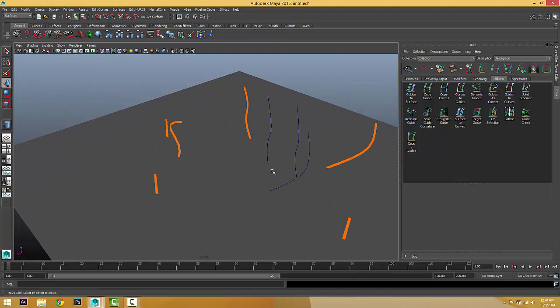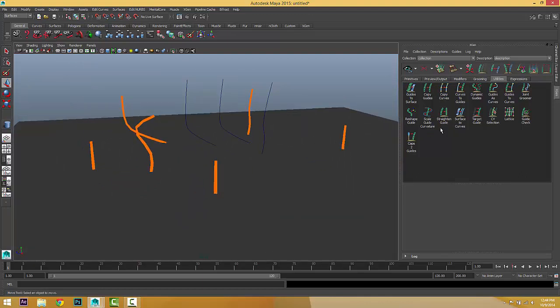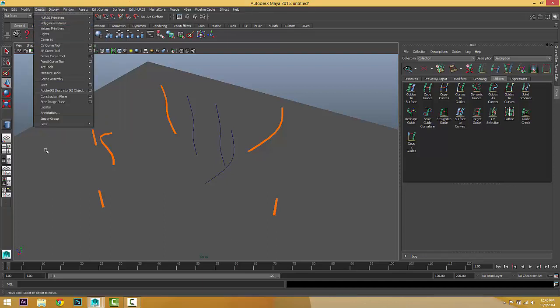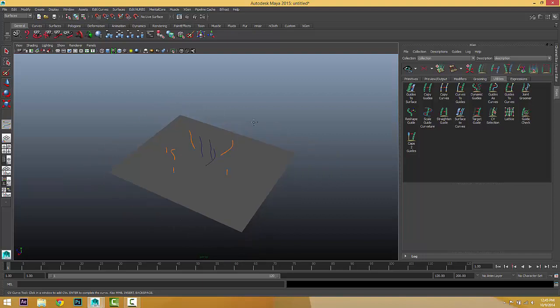All right, also we have curves to guides. If you modeled a few curves, this is very nice. If you don't like to create guides and you are really accustomed to creating CV or EP curves, because with EP or CV curves we've got quite a lot of control. If we create, for example, in this case, a CV curve, okay, this is a CV curve.